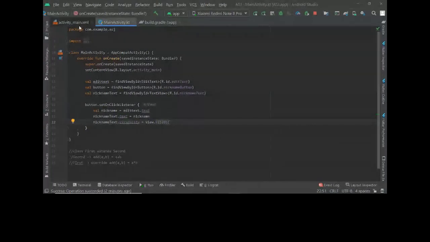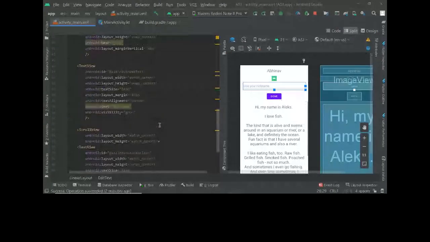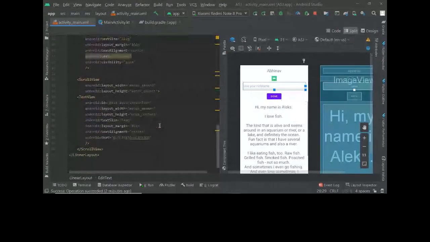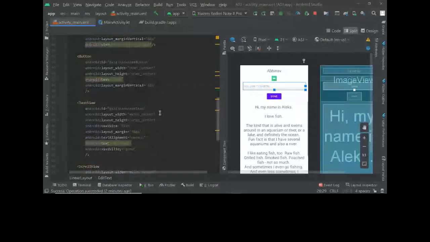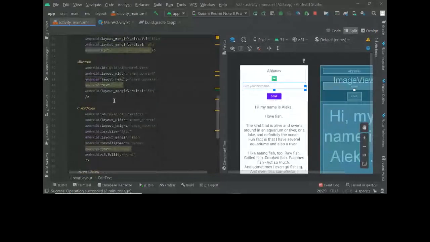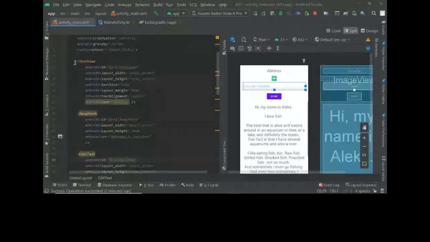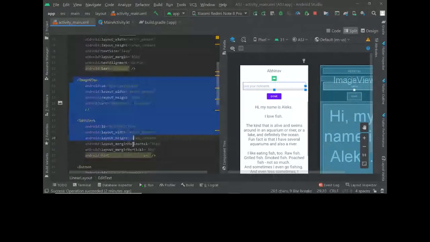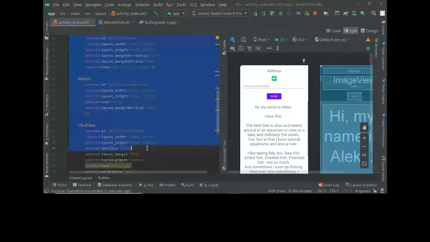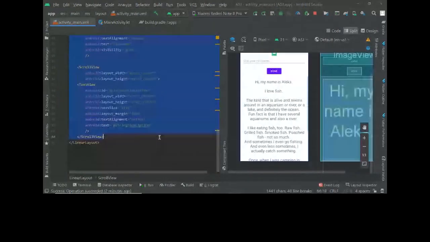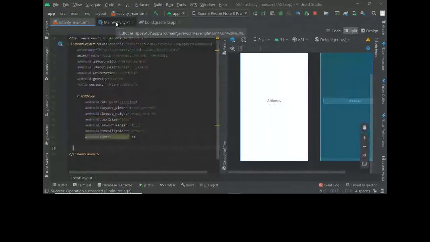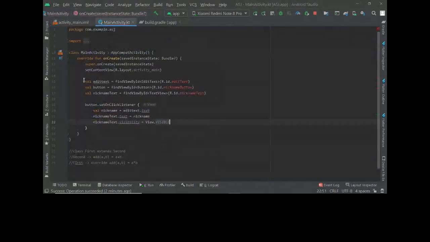But now what I'll show you is how to navigate between activities. Let's say, hmm, I'll remove all of this except the activity. Remove this as well.